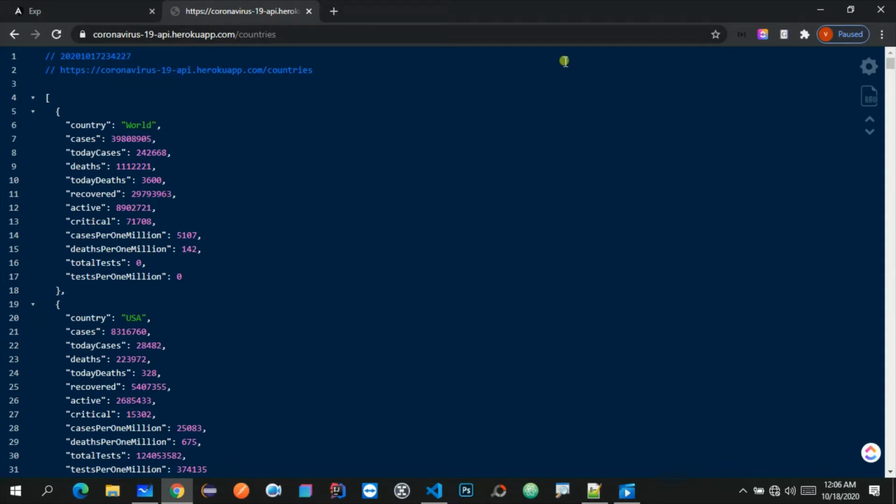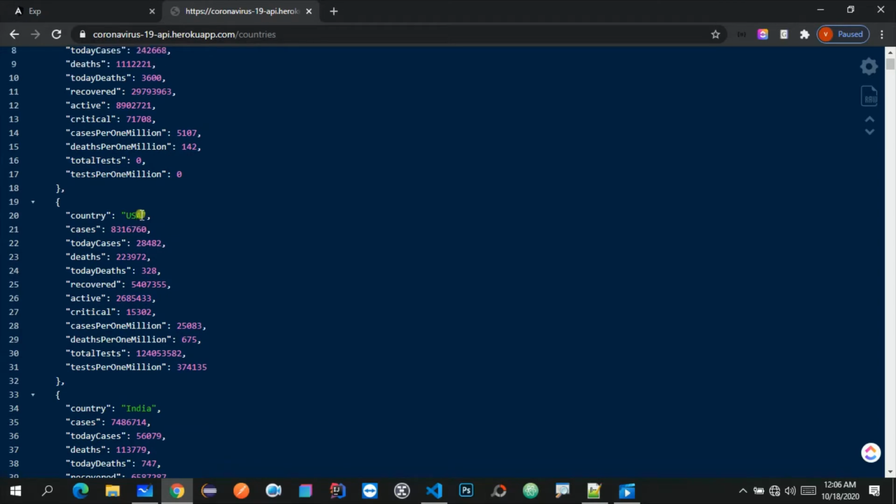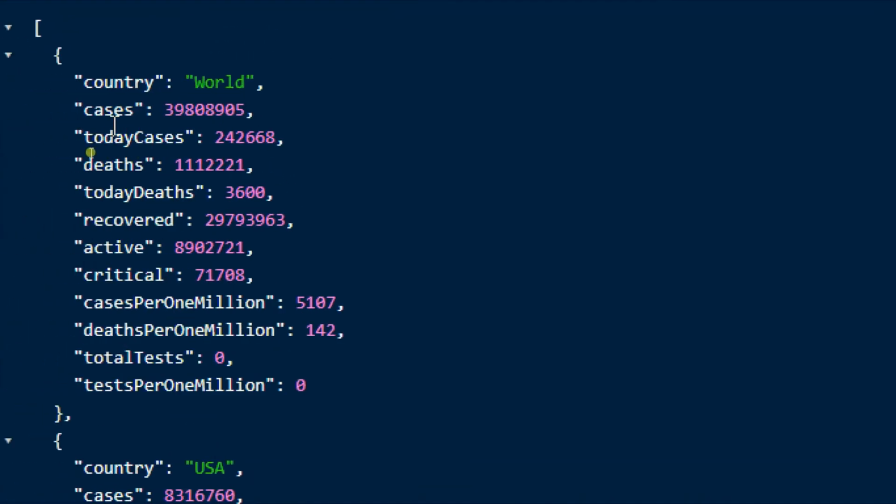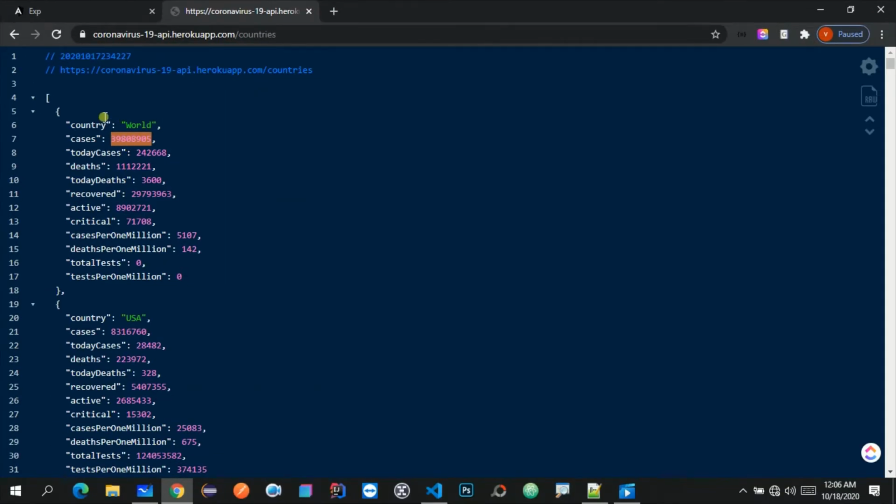Over here you will get all the knowledge about the world and country wise. Let's hope for the best, that this particular digit will become 0 soon, and let's hope all the things will get back on track soon. Let's see how to fetch this information and how to show this information in our Angular application.